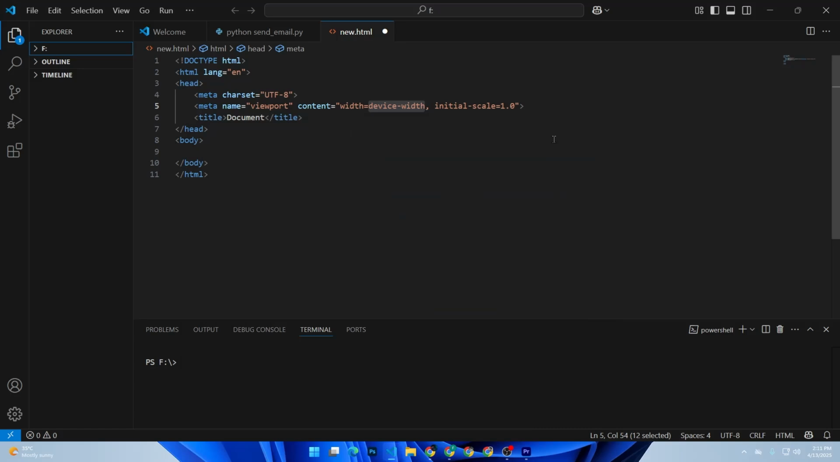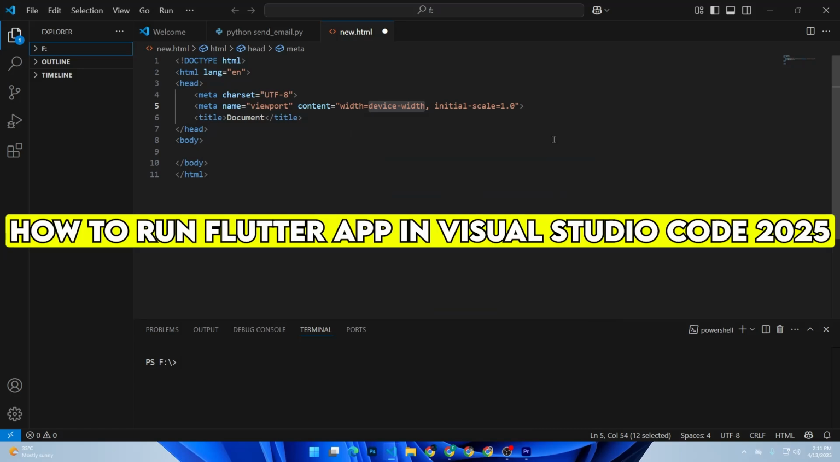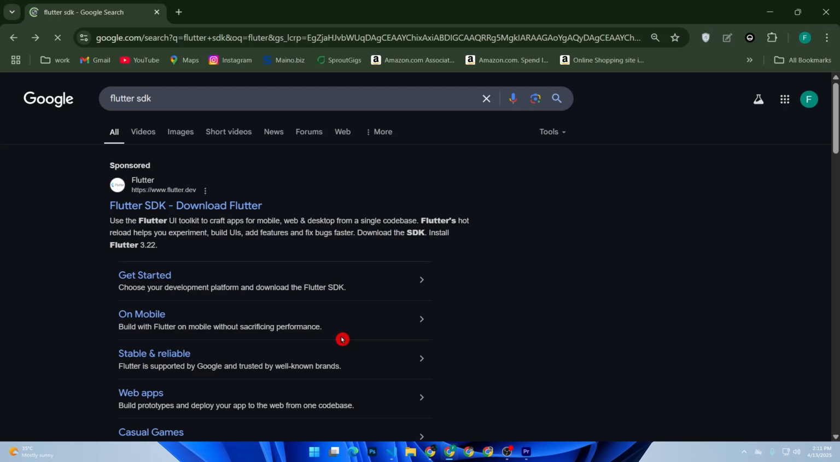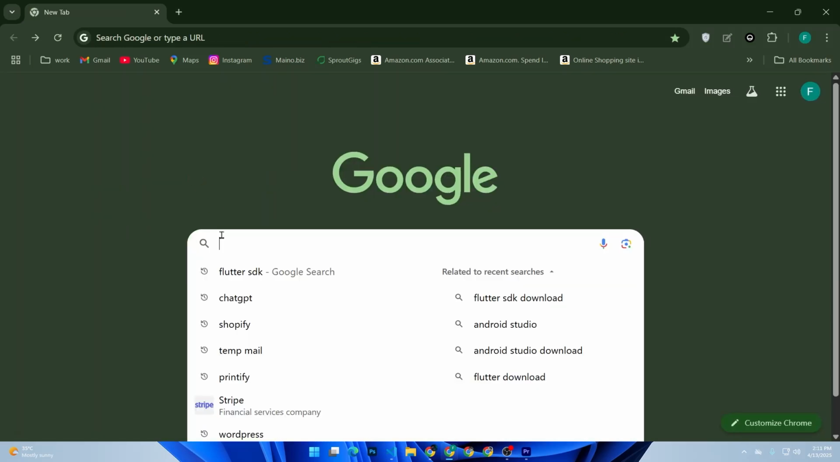Hey developers, in this quick tutorial I will show you how to run your Flutter app using Visual Studio Code in 2025 from setup to emulator. Even if you are brand new, you will have your app running in just a few minutes. Let's get started. First of all, open your browser and search for Flutter